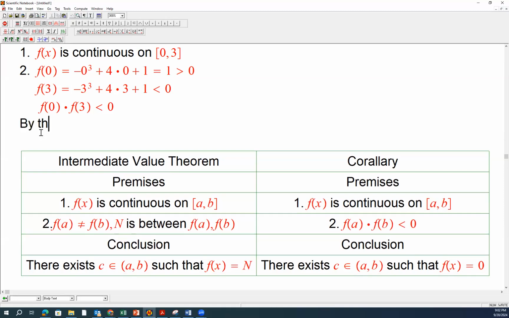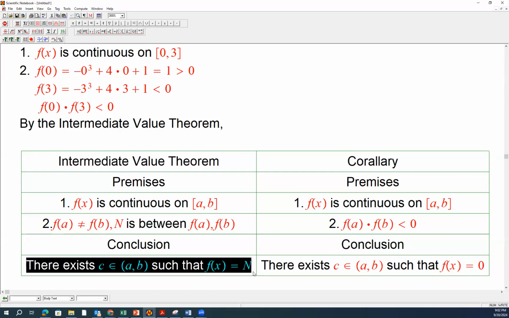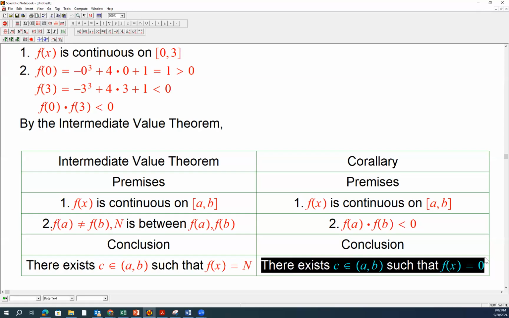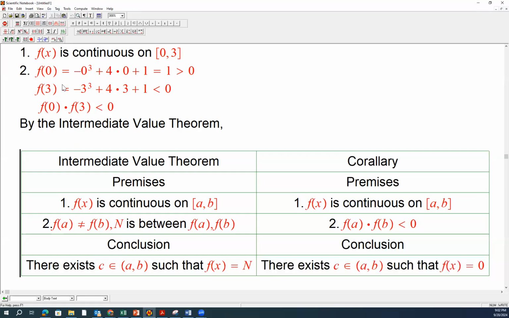By the intermediate value theorem, there exists a C, well, capital N is 0, right? So there exists